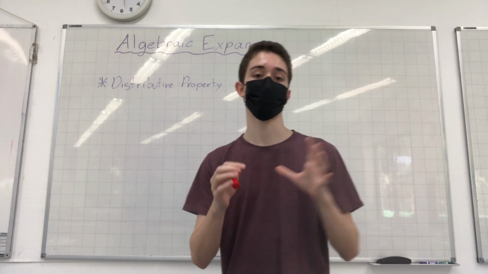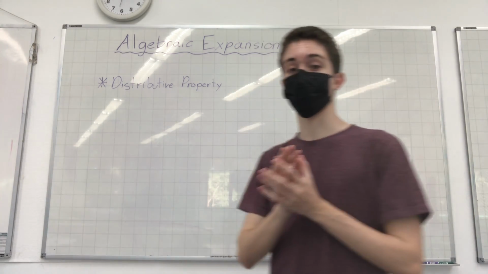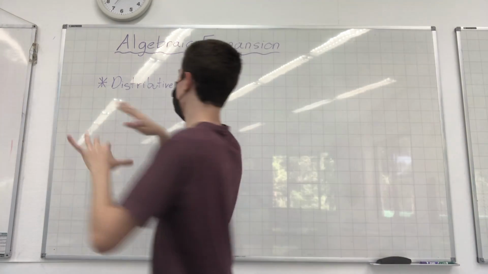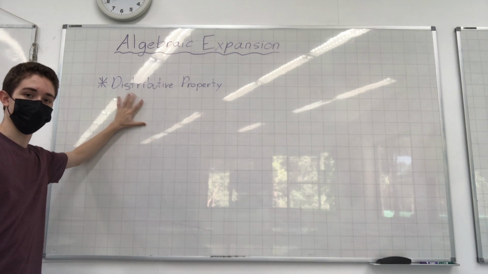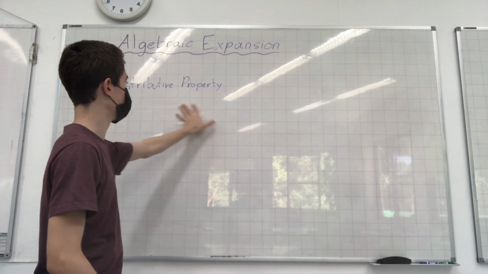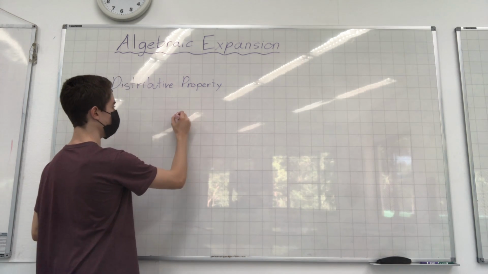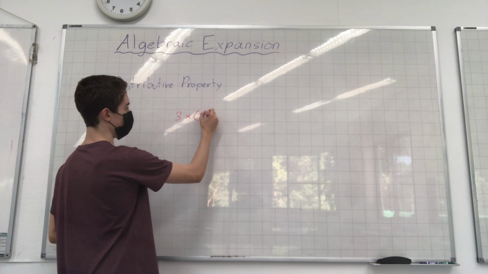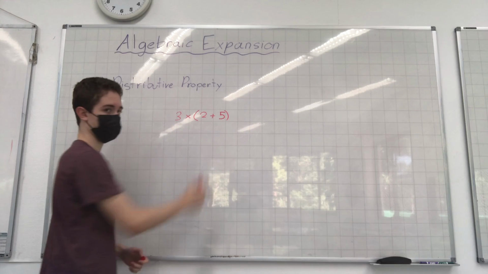In this video we're going to be covering a very important property for algebraic expansion, which is the distributive property, alright? So before we get into what algebraic expansion is and how we do it, we need to be very clear of how this works. Okay, and the distributive property refers to situations where you have a number multiplied to some parentheses, and in this parenthesis you could have two numbers added together or subtracted together. Okay,